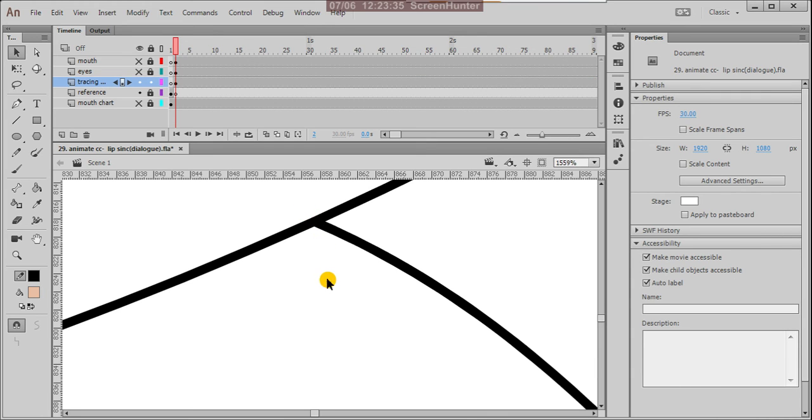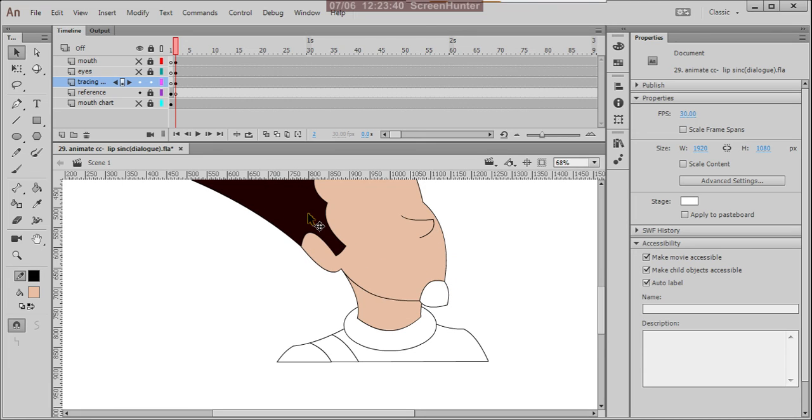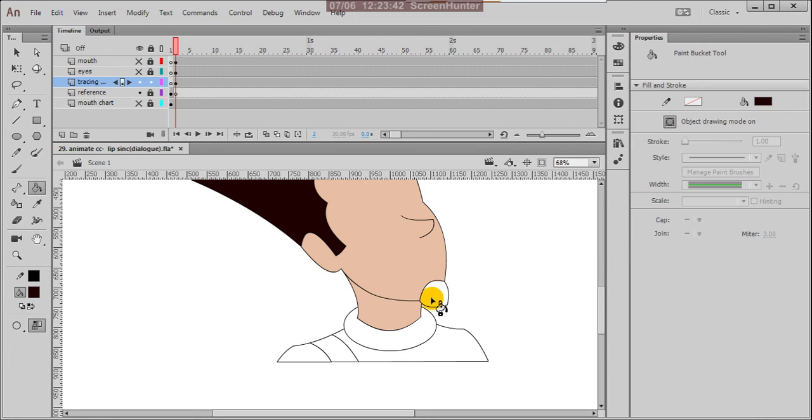Yes, perfect. Now the same hair color with the eyedropper tool I'm using here.